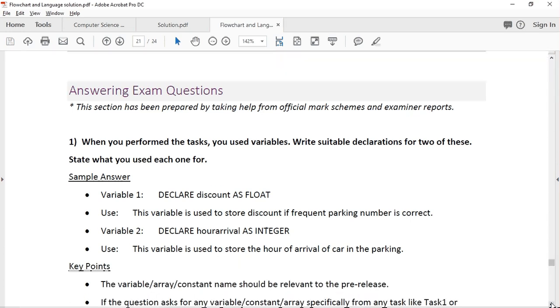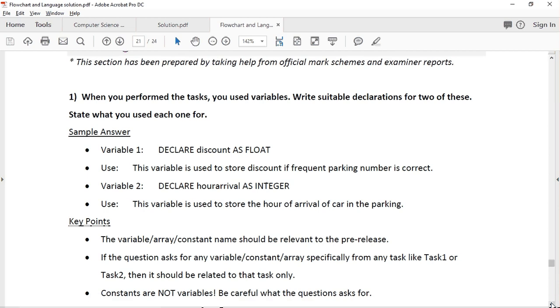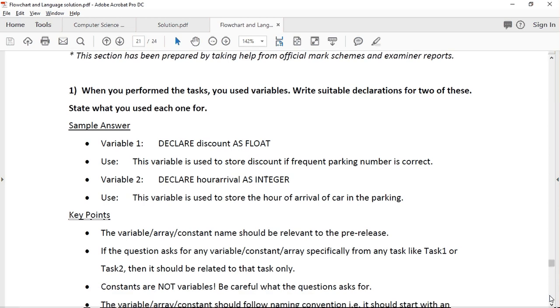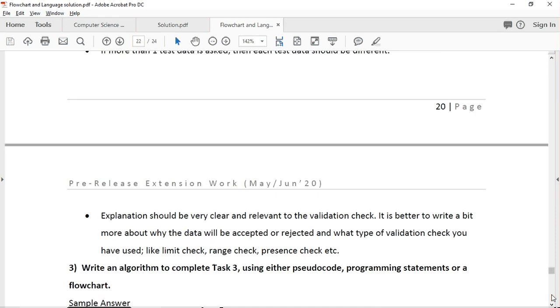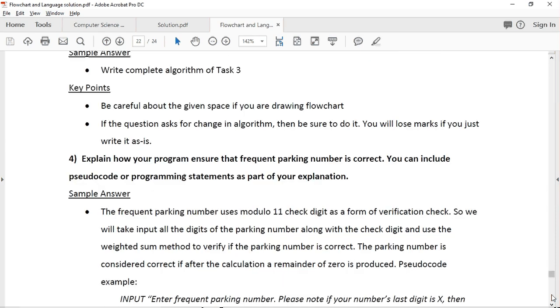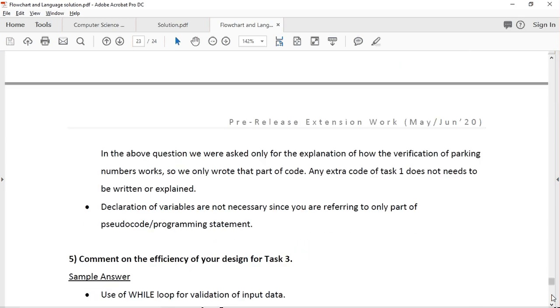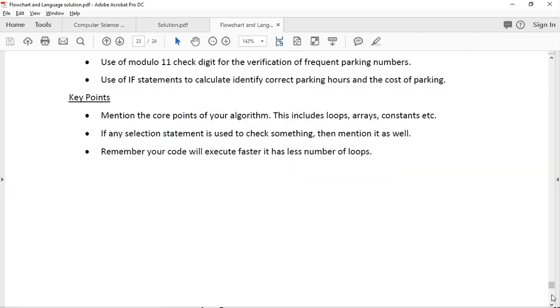And these are some of the questions with answers. You can easily go through this. There are some suggested questions along with the suggested answers. So you can pause the video and just go through it. I'm just quickly